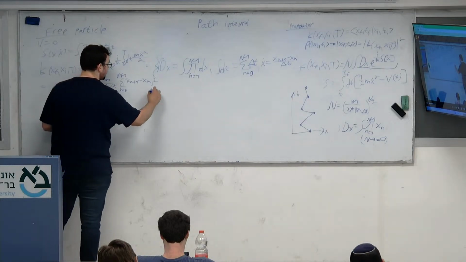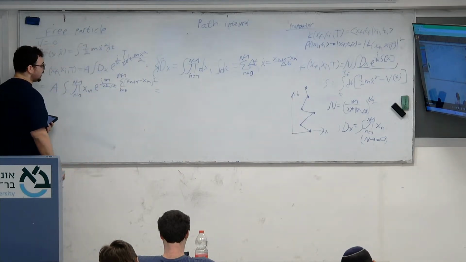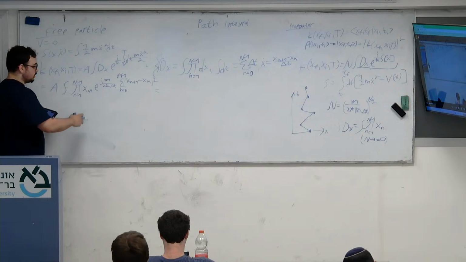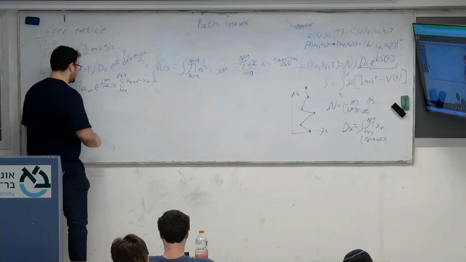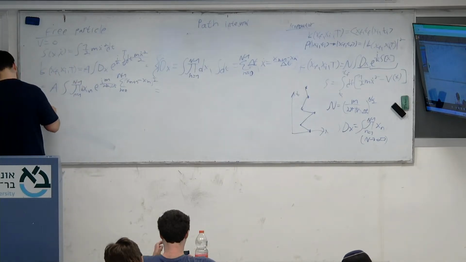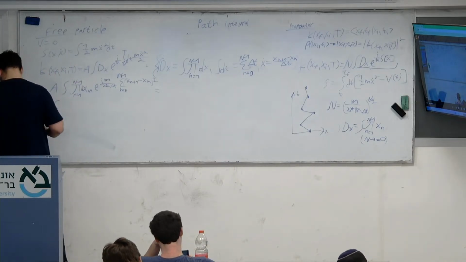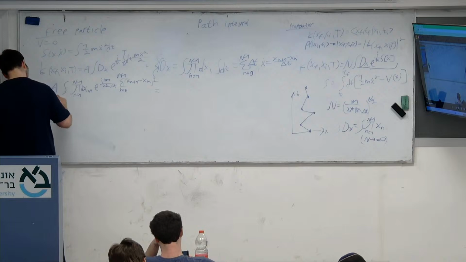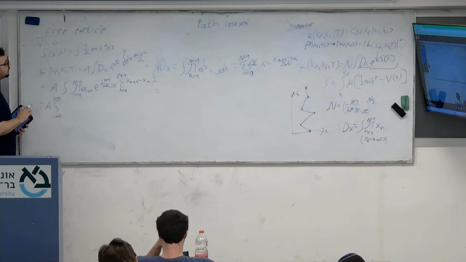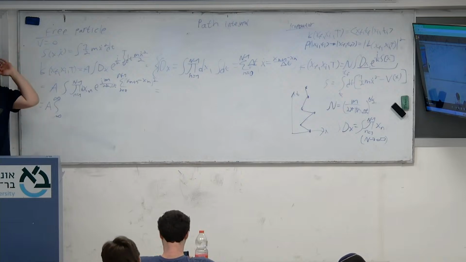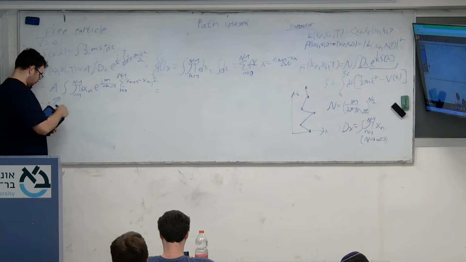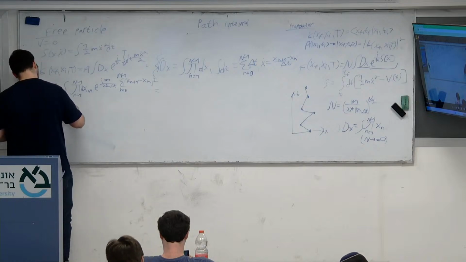Okay, so it seemed kind of daunting. Let's try to do it one x at a time. There should be a dx1. Okay, integration from minus infinity to infinity. In this question, we don't have any boundary condition for the particle. It can go anywhere it wants, so we have to integrate from minus infinity to infinity dx1